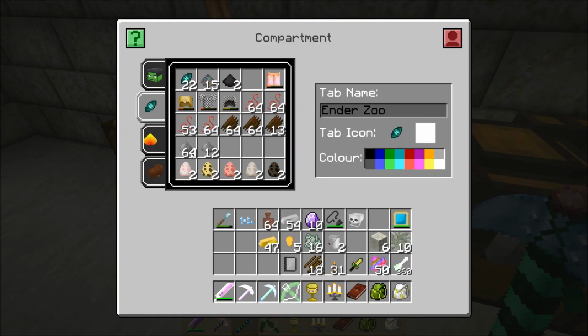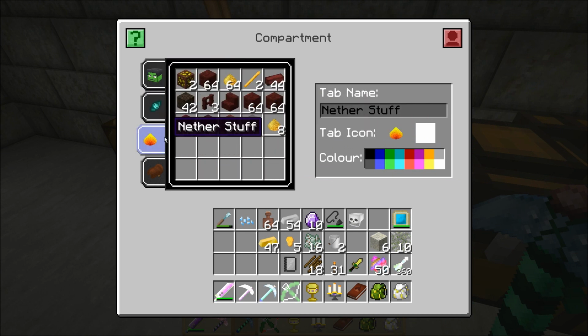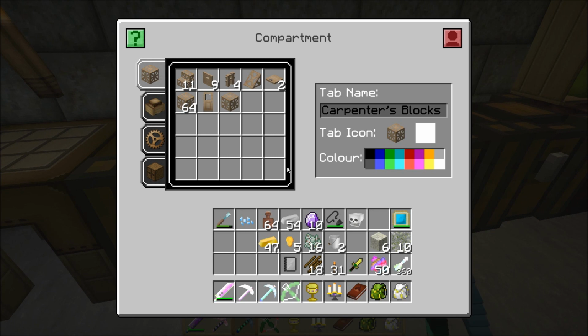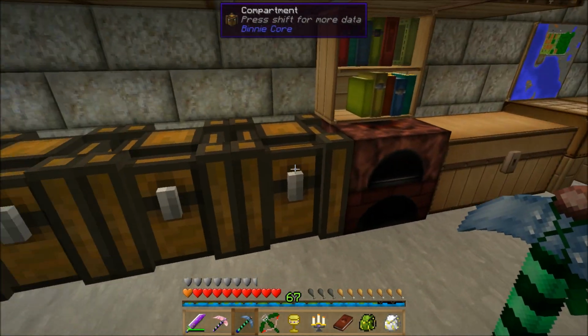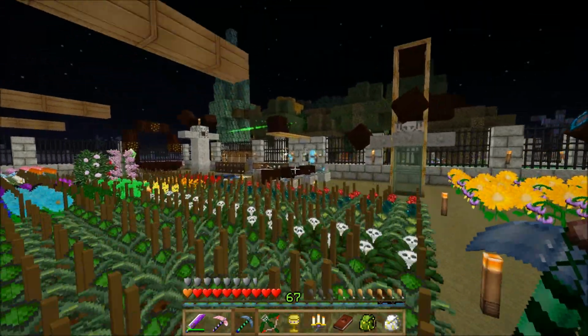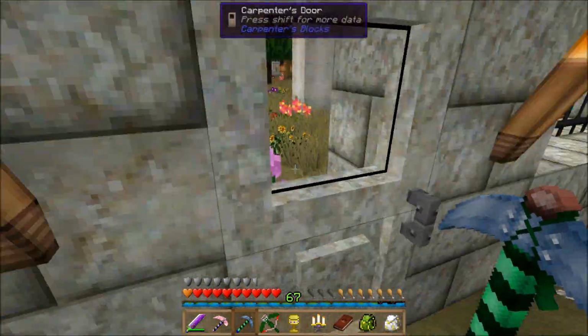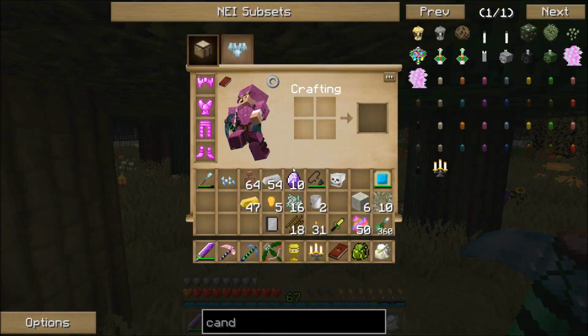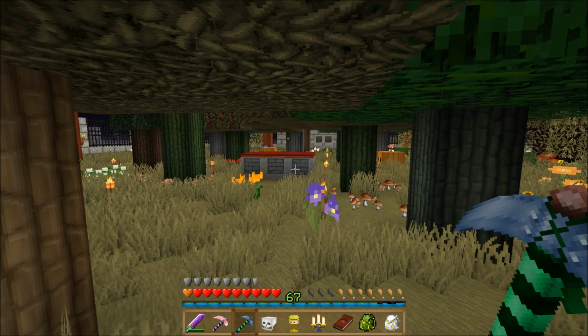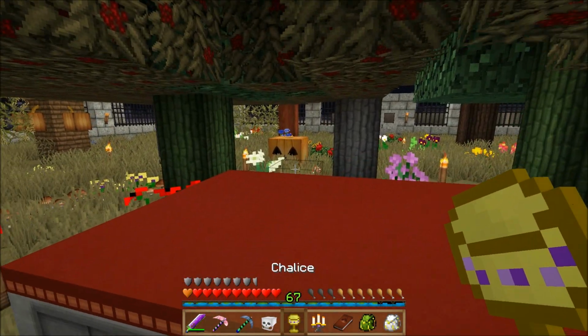But don't I have... Maybe not. I thought I had some skulls from the... Guess not. Wither skulls. I have to go get a wither skeleton skull. And then the other thing I could do is make my own player head. But let's go ahead and just use the skeleton skull that we got